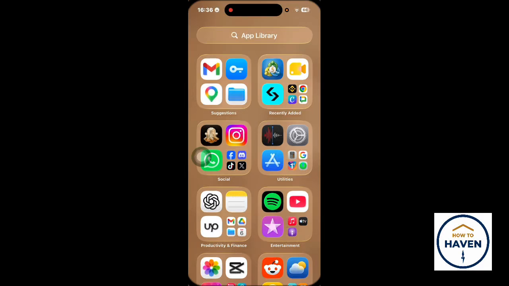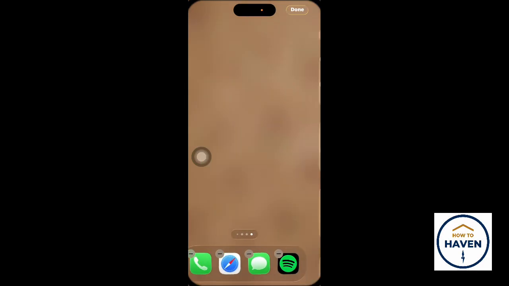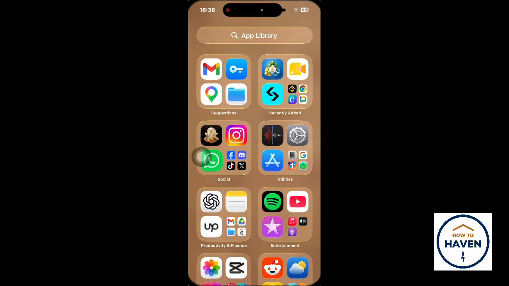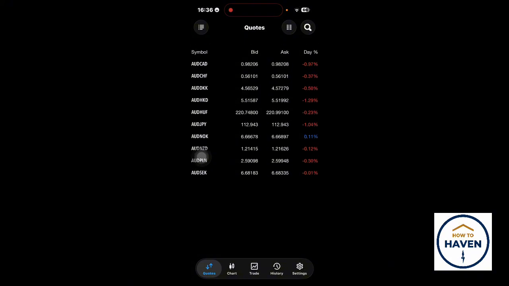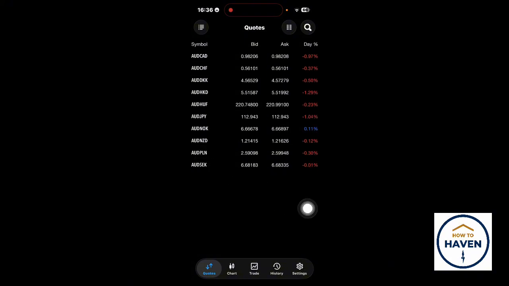How to deposit money into MetaTrader 5 real account. Hello guys and welcome back to the channel. In this video, I'll show you how to deposit money into a MetaTrader 5 real trading account. Keep in mind that MT5 is just a trading platform and deposits are usually processed through your broker, not directly